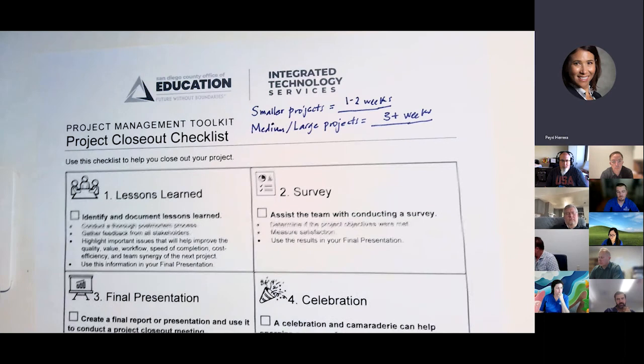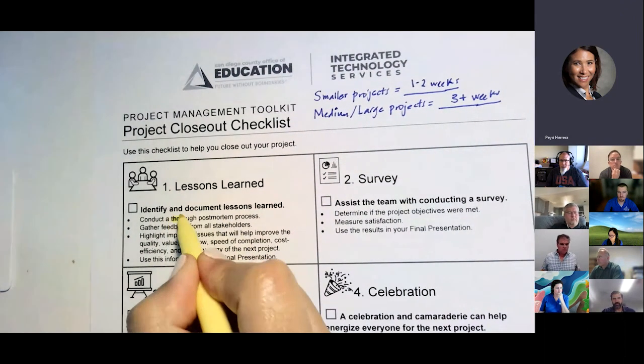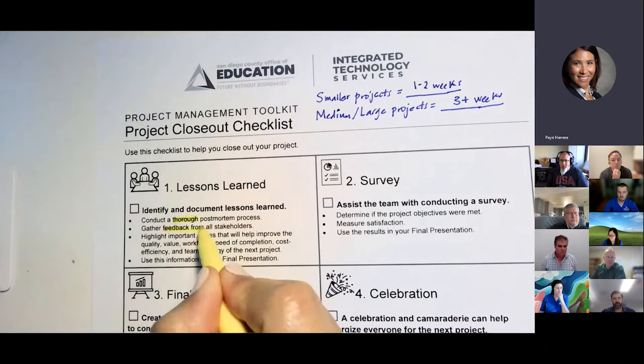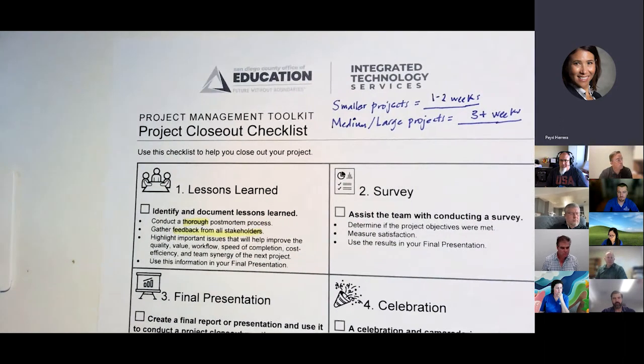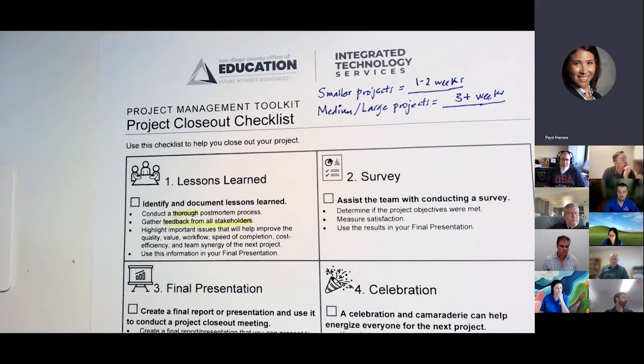All right. So now looking at the first box here called lessons learned. This is where you're going to get people's feedback from your project team. And really the key word here is you want to be thorough. You want feedback from all your stakeholders. And this is especially true of everyone who worked on your project team. And I know there's a lot of people on this call today who don't plan projects, but you execute them. You're getting a lot of stuff done. You're the testers. You're the people who are configuring. You might be developing. You might be architecting things, or you've got a stake in the game. Your feedback is so critical in this process. So it's really important that we hear what went well, what didn't work, what could we do better next time.